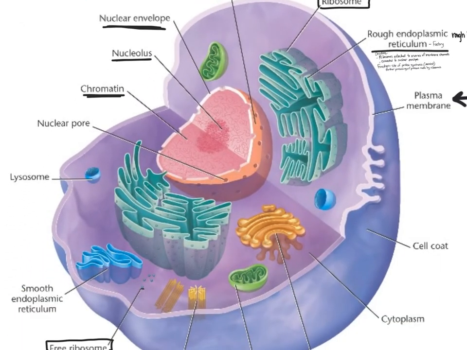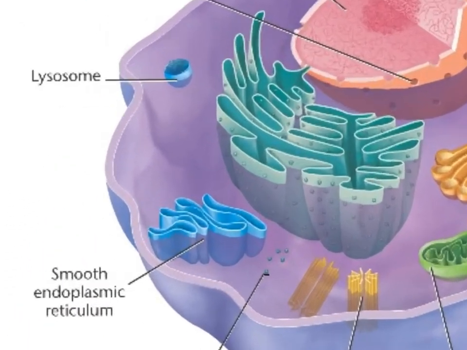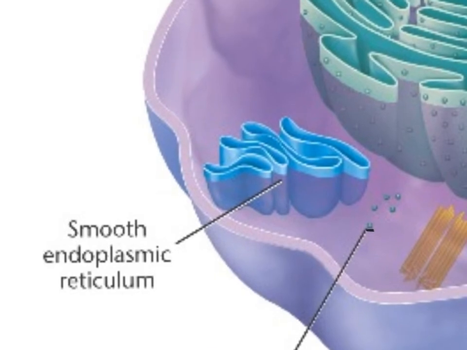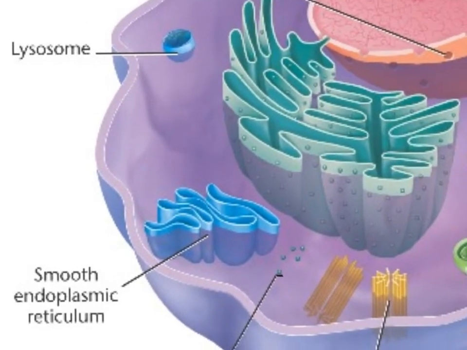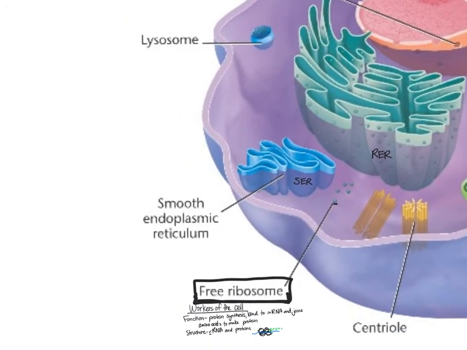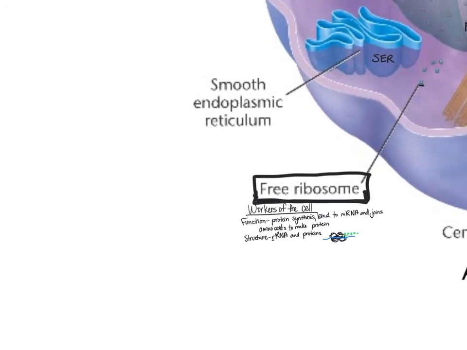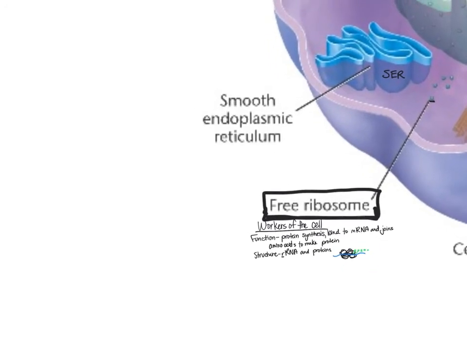Now the other endoplasmic reticulum is in this illustration over here. It's the smooth endoplasmic reticulum. They did put another rough endoplasmic reticulum over here that you can compare it to. The smooth endoplasmic reticulum and the rough endoplasmic reticulum. The reason this one's called the smooth endoplasmic reticulum is because it looks smooth. It looks smooth, of course, because it does not have the ribosomes on it. So our smooth endoplasmic reticulum has no ribosomes,